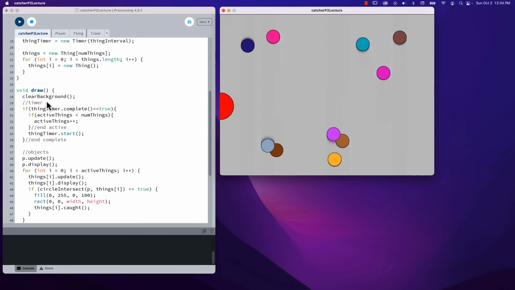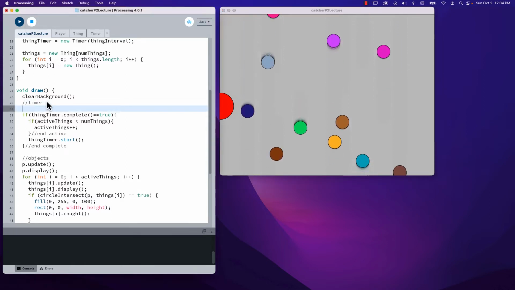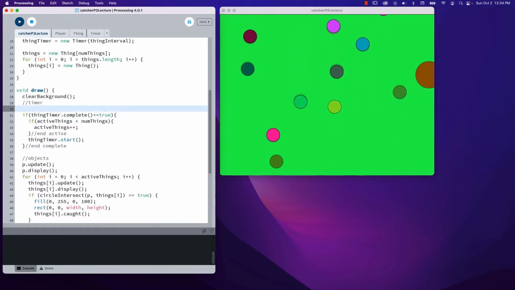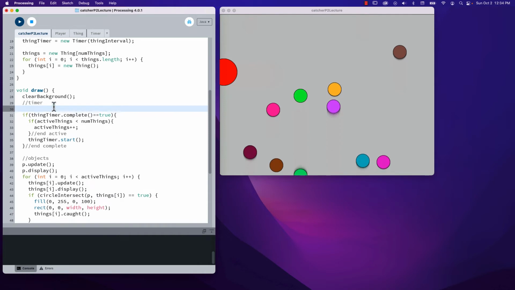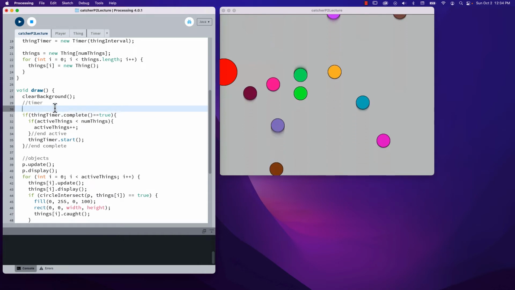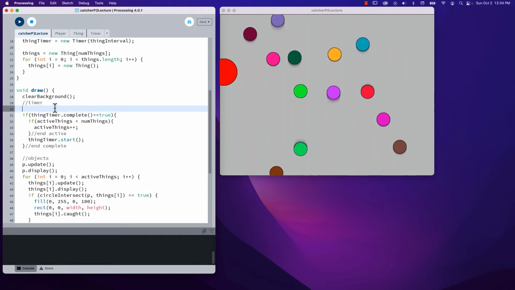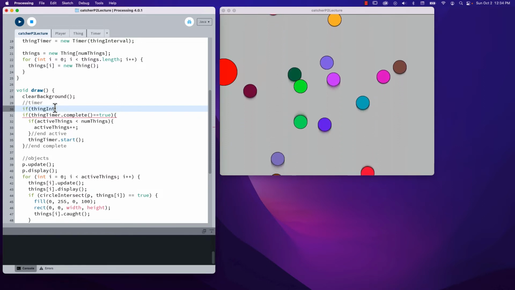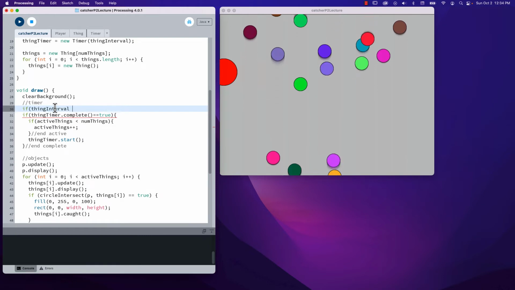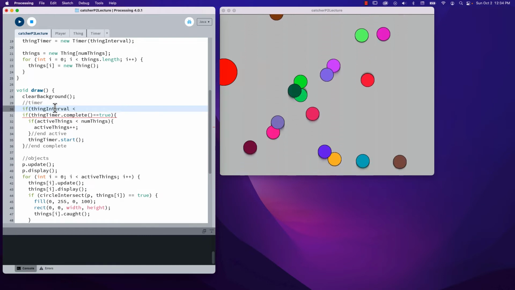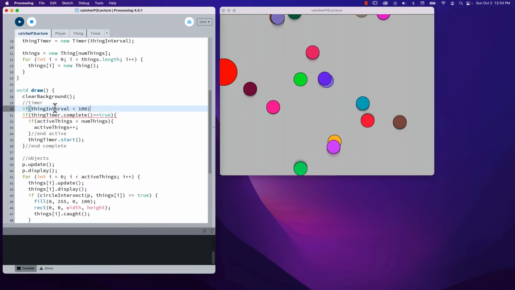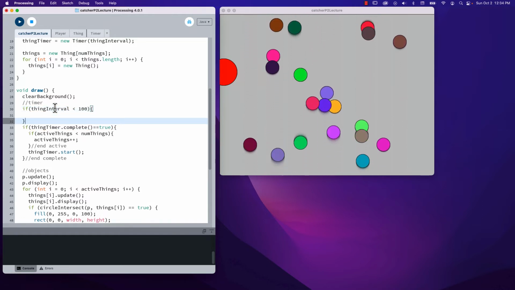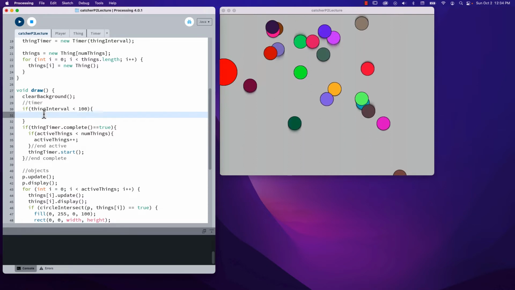So I'm going to go into the timer stuff here, and what we're going to do is modify it a little bit so that as they appear, our thing interval changes. So I'm going to say if my thing interval is less than 100, a couple curly braces, close out a curly brace, always making sure I have that. So if,